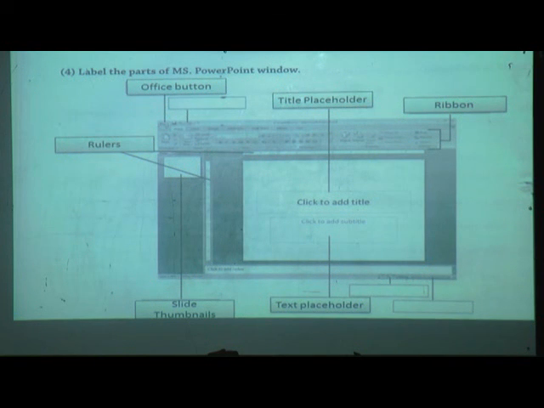Now view buttons. And this addition and subtraction, what is it? Zoom control, meaning we can zoom in or zoom out using that button. That's why it is called zoom control.